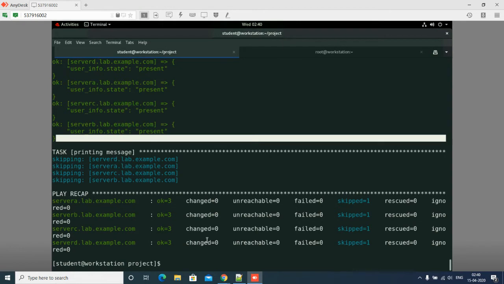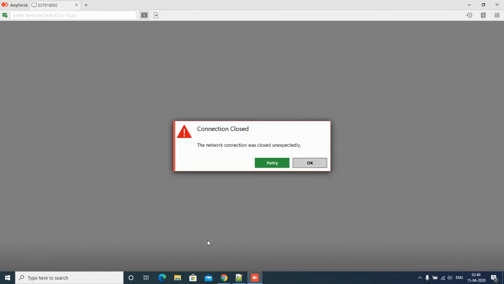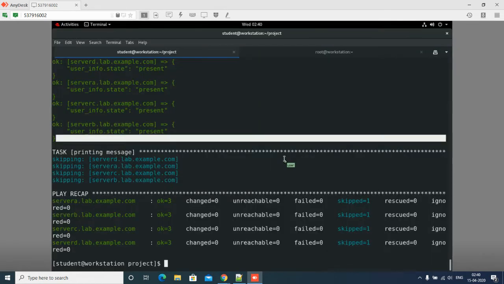Otherwise, they won't add. So this is something I can use: register in my playbook to store the values of a particular task I have done. Whatever task I have done, there is some particular standard output. To take that standard output, I need to use register to view that standard output on my screen.